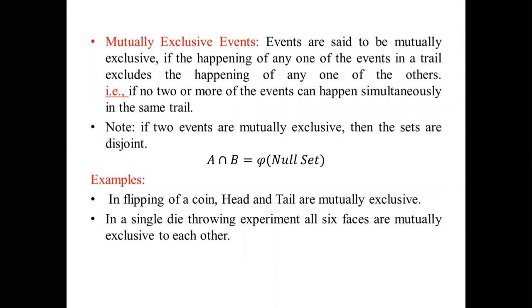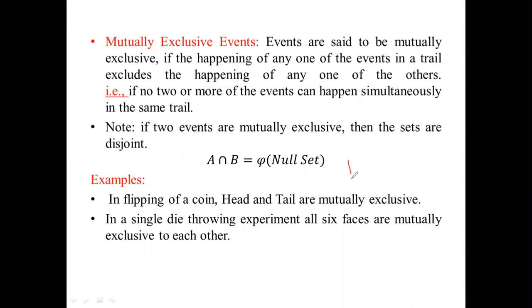Then mutually exclusive events. If the intersection between two events is equal to 0, then we say those two events are mutually exclusive events. For example, in flipping a coin, getting head and tail. Getting head is the first event and getting tail is the second event. The intersection between head and tail is equal to 0, so we can say these two events are mutually exclusive events. Now if you take a pack of cards,